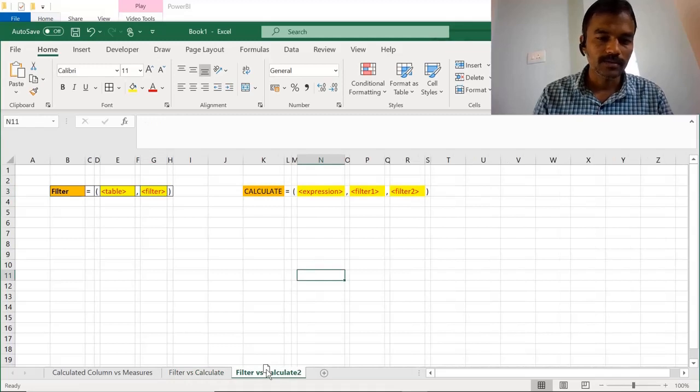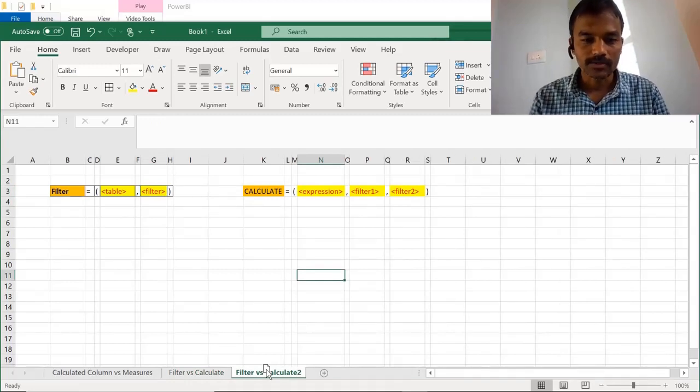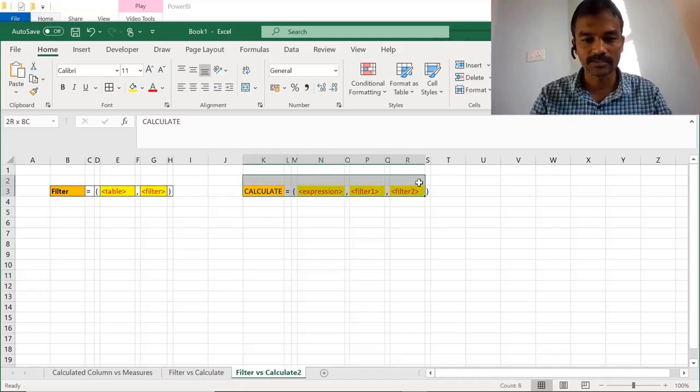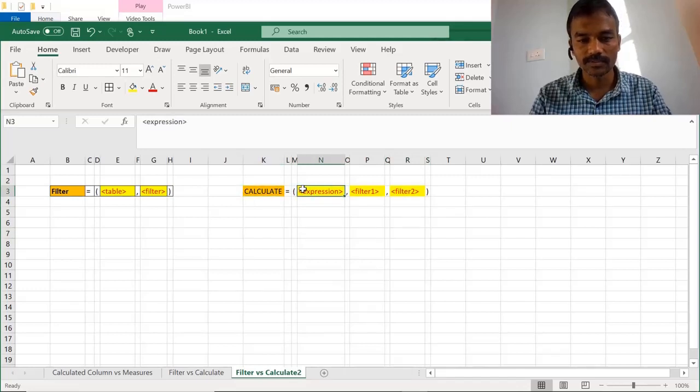And then when it comes to calculate, the measure is something which is at aggregate level. Suppose we are using a filter condition, but we wanted to get the values at table level, like aggregation level. At that time we use the calculate measure, and this is what the expression syntax is. Now you can see calculate is equal to, then we give this expression. The expression is nothing but any table reference or any other conditions which we wanted to give, we can give it here.